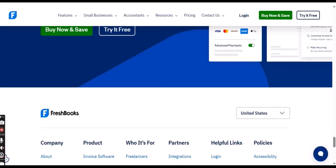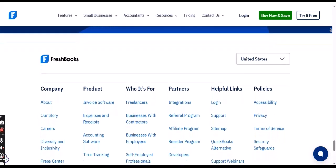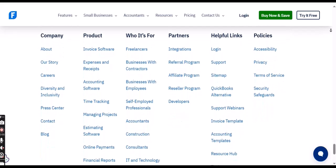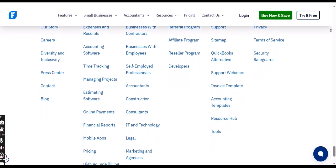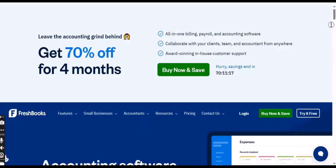Set up automated invoices for clients who receive regular services, saving you time and ensuring consistent billing. Payment reminders. Automatically send friendly reminders to clients with overdue invoices, improving your cash flow and reducing the need for manual follow-ups. Project tracking. Manage projects more effectively by tracking time spent on specific tasks, collaborating with team members, if